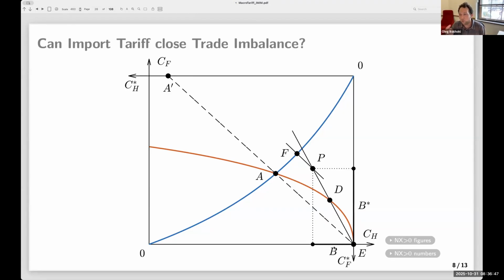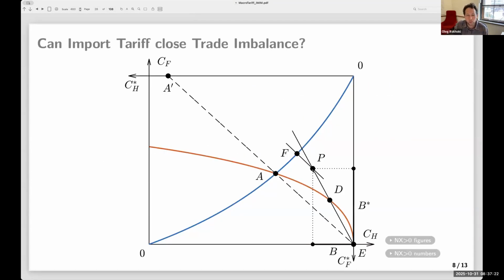So it turns out there is a formula for the size of the appreciation that you need to get to that point. We're going to talk about it in a second, but roughly speaking, it's net foreign assets divided by the dollar liabilities. That's the size of the appreciation that you need. Net foreign assets you can back out from the persistent trade deficit that the US has been running, what they must be. And then you divide it by the observable dollar liabilities, which we think are measured more precisely than the B star, the more dark matter-ish kind of assets that the US has. And this is the size of the appreciation that needs to happen.